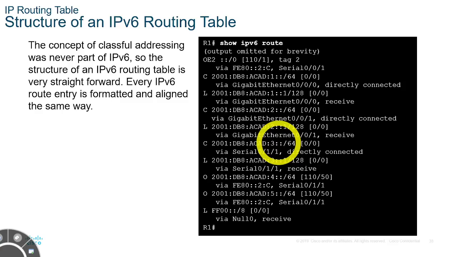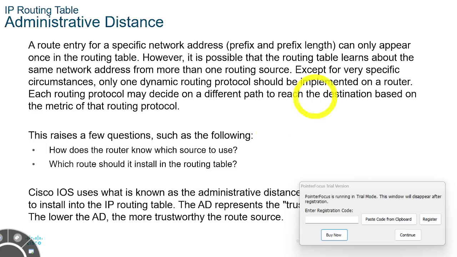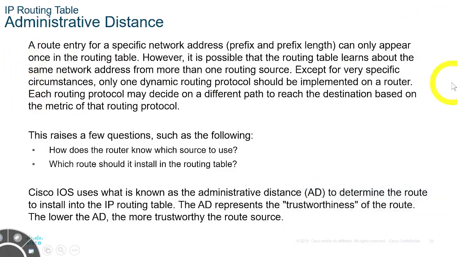Okay. Here we define, to see the same. Okay. And this is, we did already that. Okay. Administrative distance. So what's administrative distance? It's the trustworthiness. Okay. Trustworthiness. So a route entry, it means a line within the routing table, okay, for a specific network address,